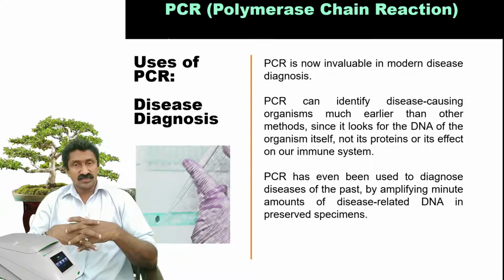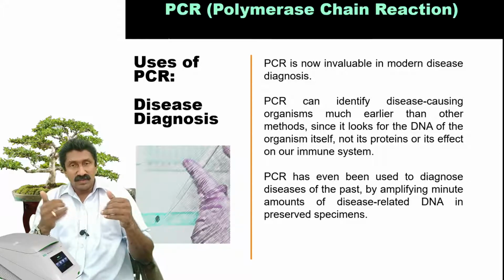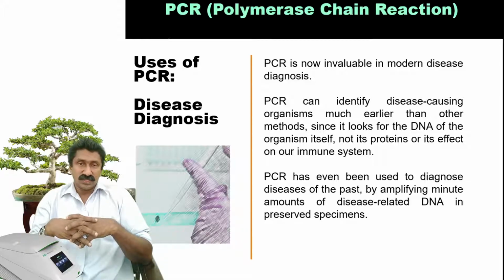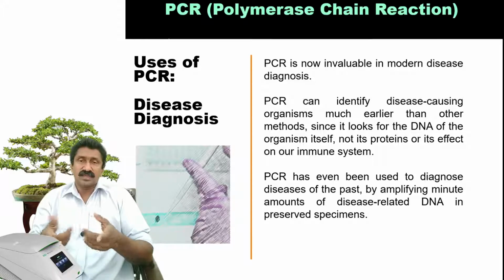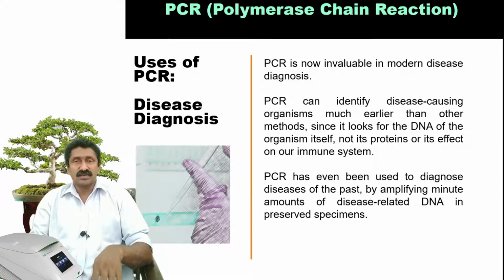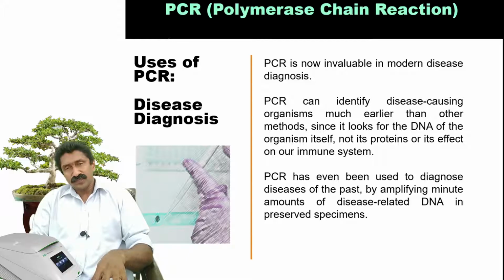indirect detection system. False positives are possible, but when you directly detect the DNA of the concerned pathogen, then you can make sure that there is an active infection. That's why even in the COVID-19 case, RT-PCR is the confirmatory test, not the antigen-based test, because active infection can be detected only by performing RT-PCR or such PCR-based techniques.